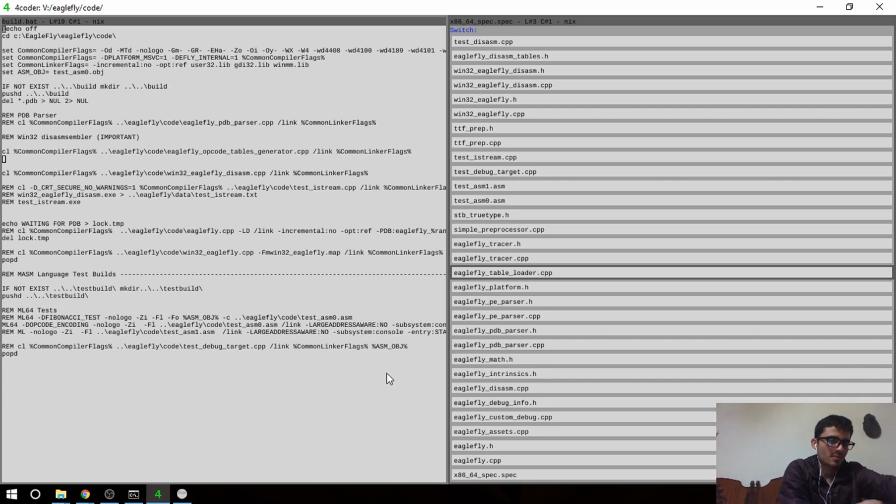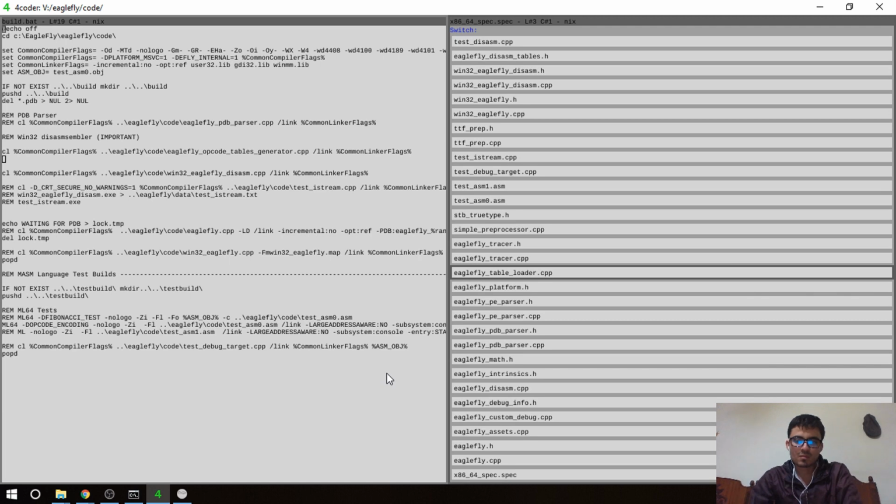Put the charger. Alright, so now we can say, well, I'm gonna call it EagleFly opcode tables generator,